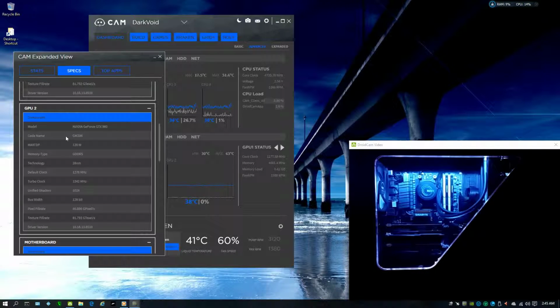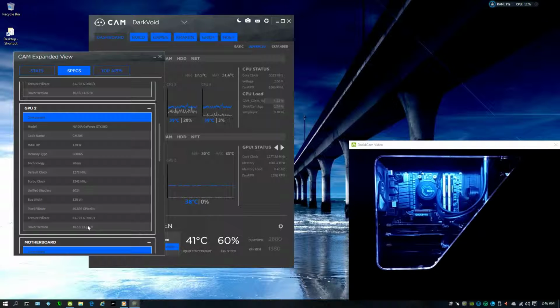How many programs do you know that'll tell you, okay, yes, this is an NVIDIA GeForce GTX 960, and it's using the GM206, which is not only the code name, but that is actually the chip that is used in it. If I'm not mistaken, the chips for the Titan Xs and the 980s and whatnot are, I think, higher, if I understand that right. But again, how many programs do you know that actually tell you what the chipset is? 120 GDDR5, 28 nanometer, showing you the base clock, the turbo clock, the CUDA cores, memory interface,